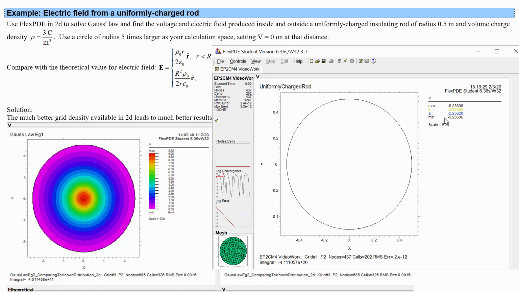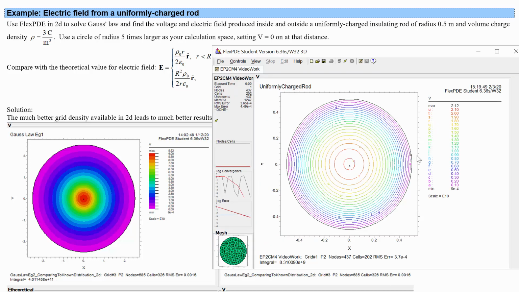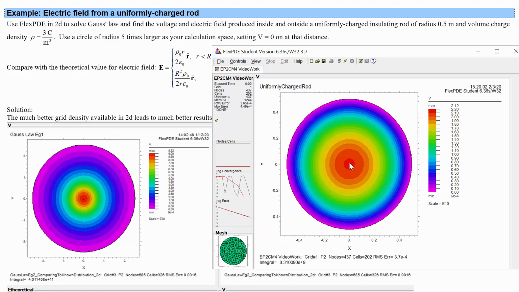It looks like the electric potential is this massive number, and that's because we don't really have a reference for this. So we can say that the electric potential on the boundary of this circle is equal to 0. Value V is 0, and now we've got some reference. So if V is fixed to 0 on the outside, then we've got an increasing potential as we move out. Let's make some plots here. So we'll make this painted. Now we can see the electric potential